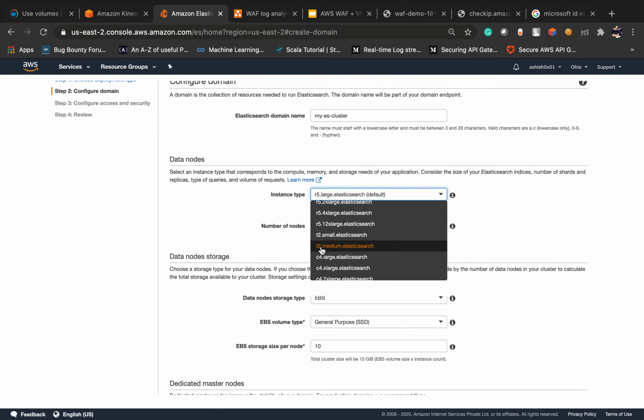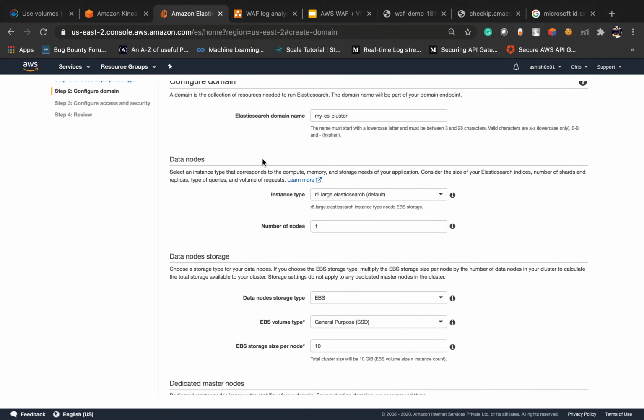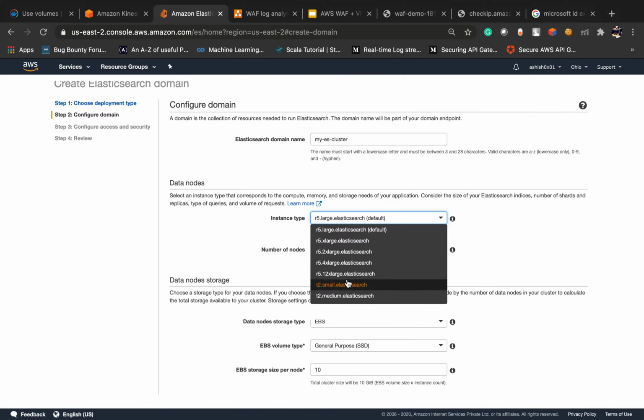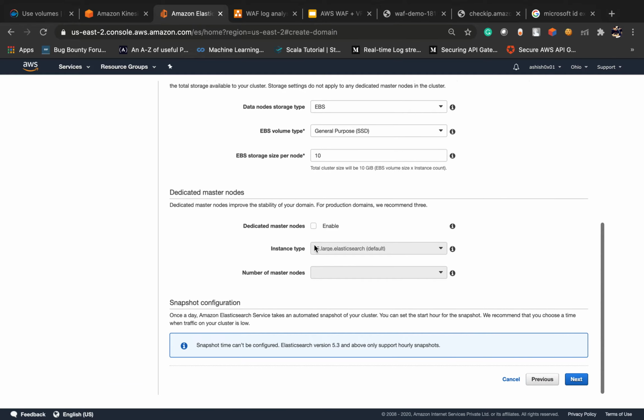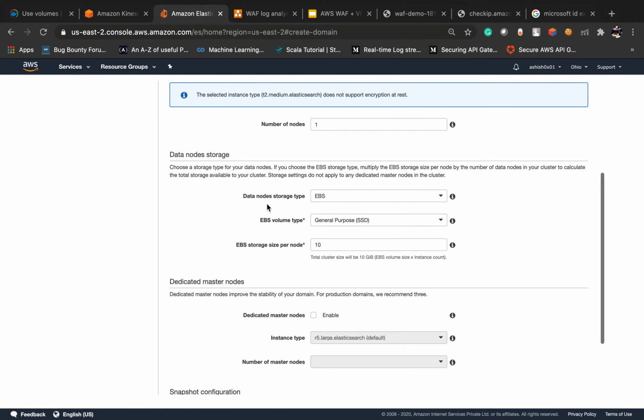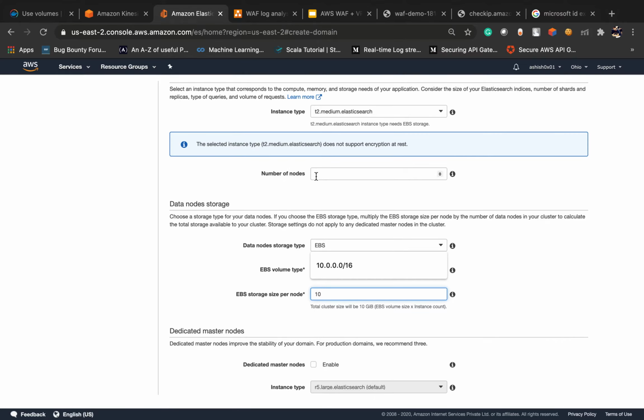But suppose I choose the T2 series, T2.medium, what will happen? In this, the data node storage will be 10 GB and the number of nodes 1.